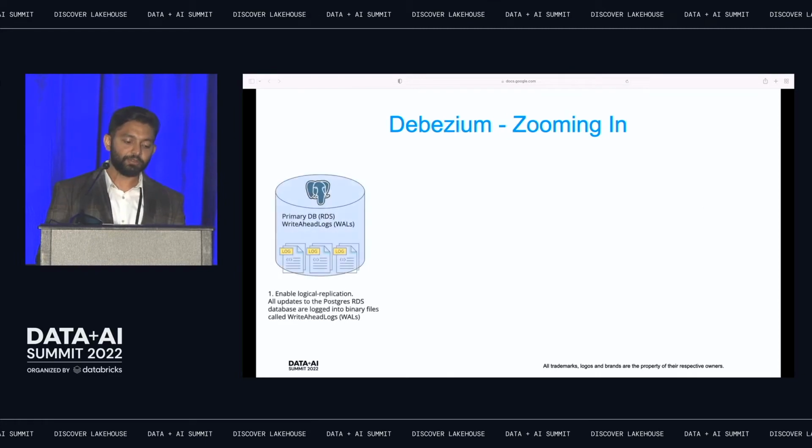All right, so let's zoom into Debezium and see how Debezium itself works. First, we're going to take Postgres here as an example. First, for whatever database you're working with, you have to enable logical replication on it. Or in MySQL, it's called something else. But basically what happens is once you enable this, any updates or changes that are happening to the database, they'll